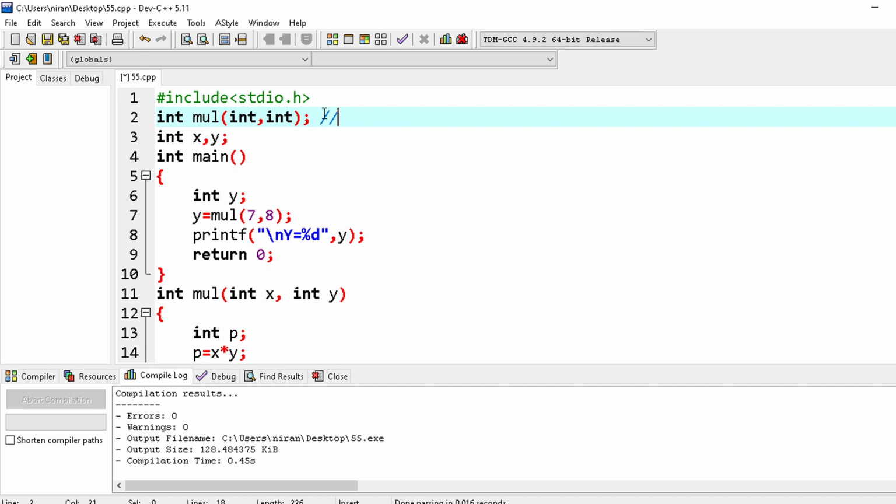Function declaration, or you can say function prototype. The first one is the return type.